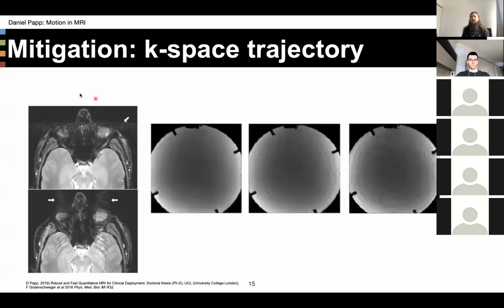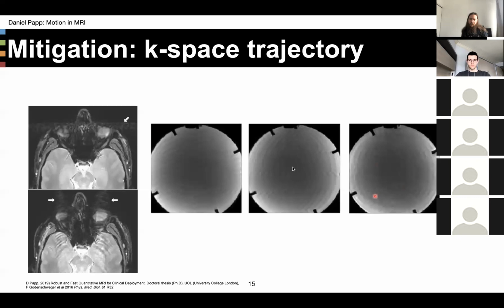And to show you the interactions between k-space trajectory, e.g. how you fill up your k-space, whether it's sequential, whether it's center out, whether it's something esoteric, this is again from my thesis. So what's happening here is that we had a nice way of feeding the scanner a motion trajectory. So making this kind of thing that some motion has occurred. And we fed the same motion into 3 cases that have been acquired with different k-space trajectories, which is that the sensitive phase encoding direction was this direction here,